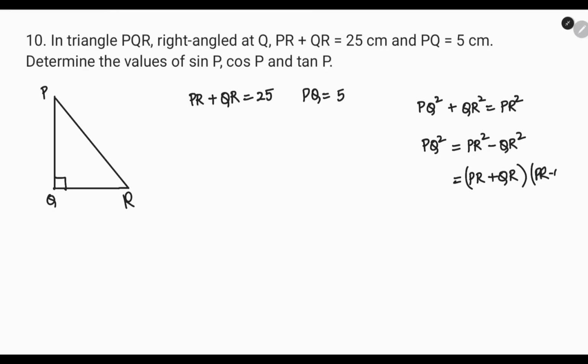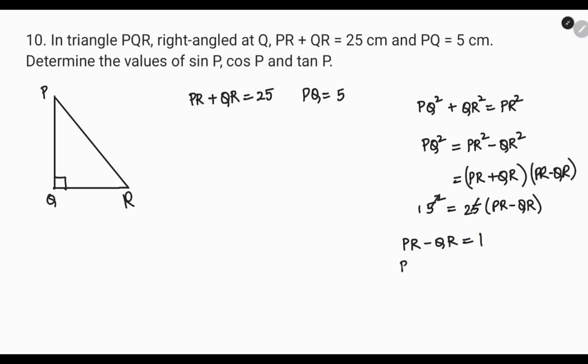So we can write A square minus B square as A plus B into A minus B from algebra, maybe. So we already know PR plus QR as 25, right? So PQ is 5. So 5 square is 25, and PR square minus QR square is PR plus QR into PR minus QR. Now we know PR plus QR is 25. Solving both equations,